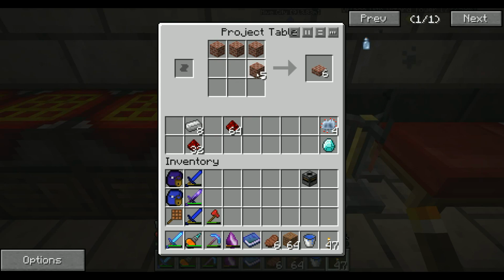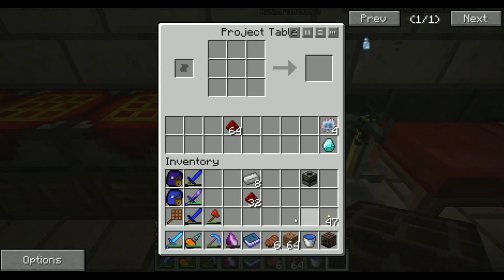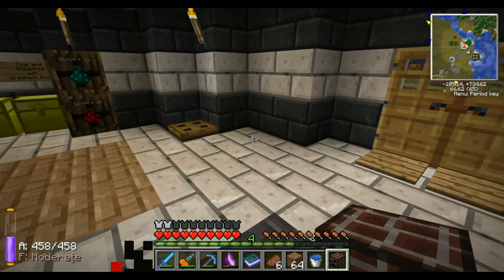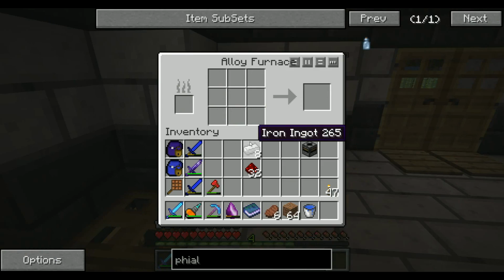And I'm also going to take 8 bricks and get ourselves an alloy furnace. Another item from Red Power, and you use it to make alloys. So I'm going to go and place it right here. You can see it kind of looks like a crafting table, and you actually need to...